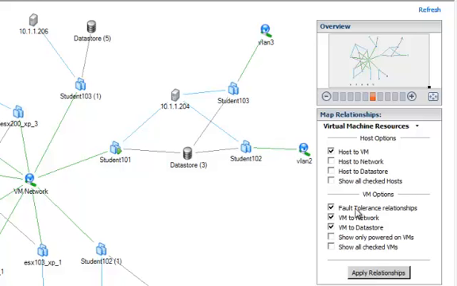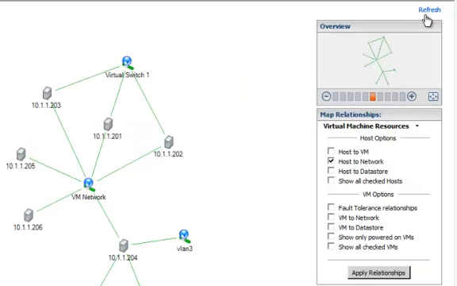Here under the host options and VM options you can put check marks to view the relationships that you want to view. You clear all of those, select just one and hit refresh in the upper right. It changes the views of the maps,